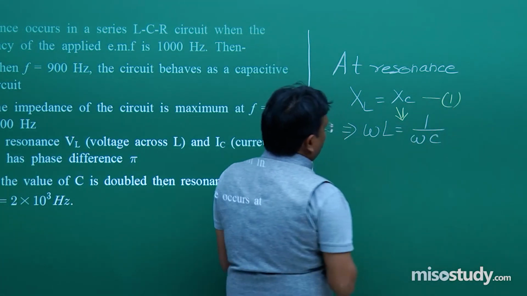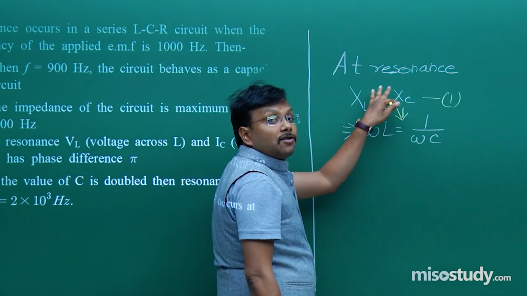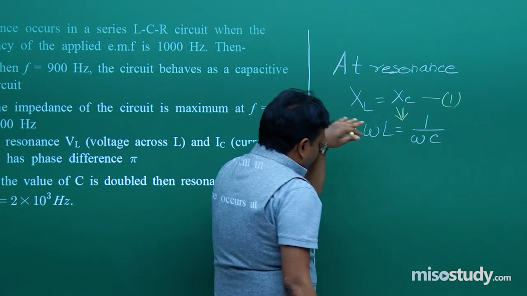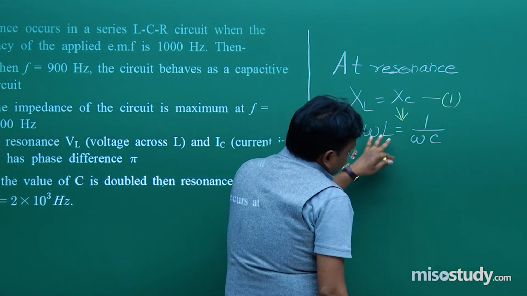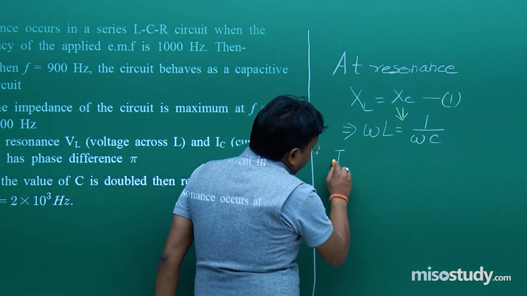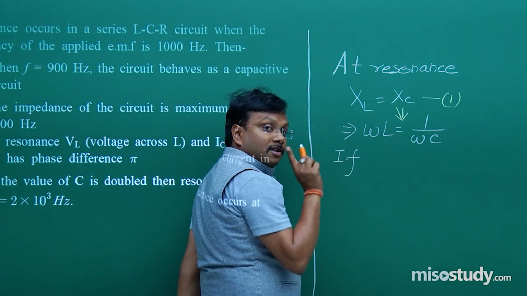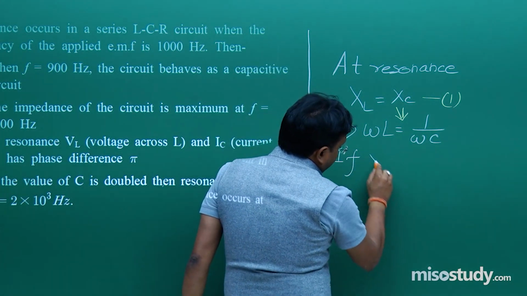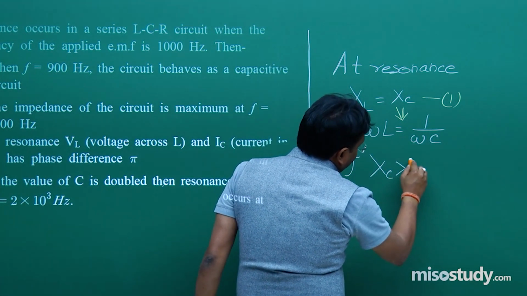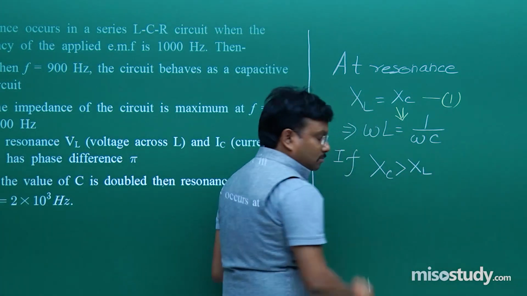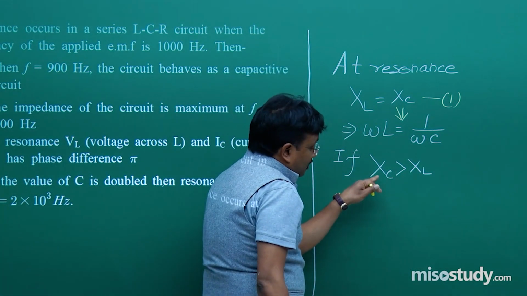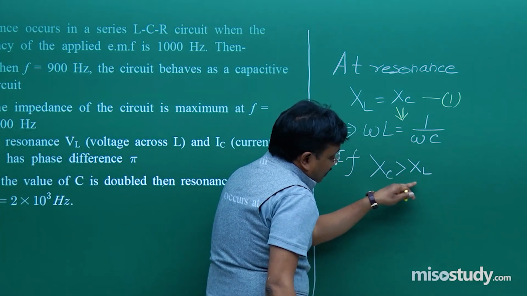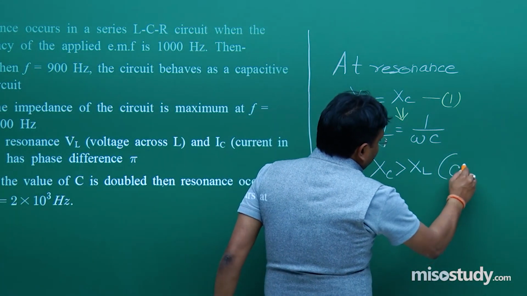Let's say this is 1. This is the condition of resonance in a LCR circuit. So after this much explanation, condition 1 is if, listen carefully, if XC is greater than XL, circuit is,